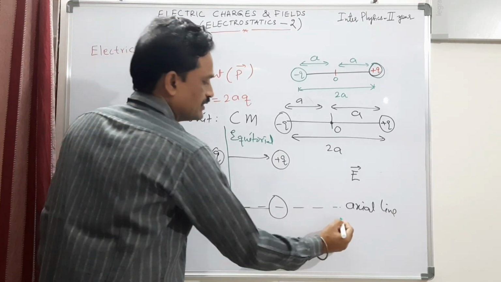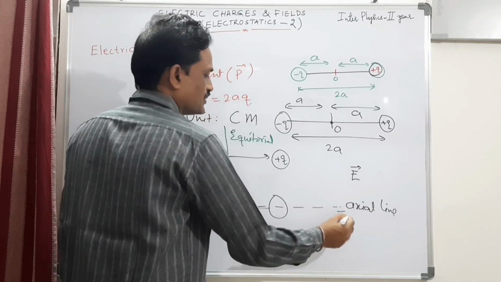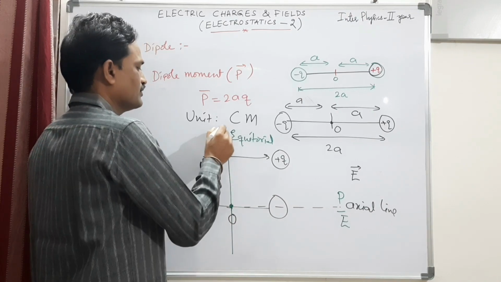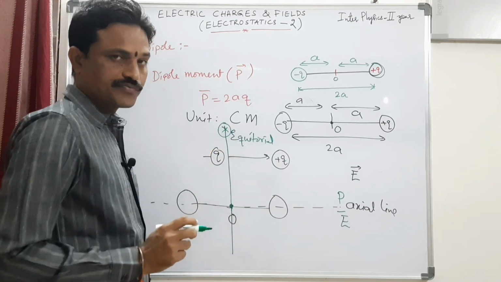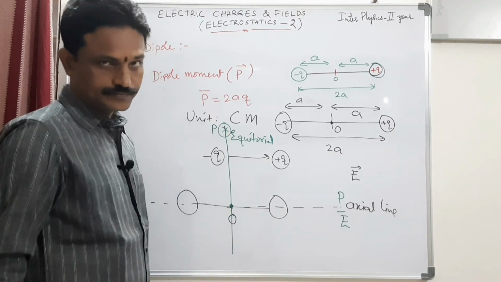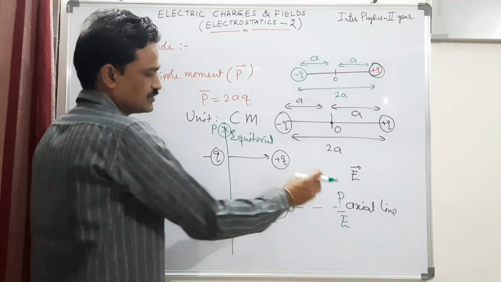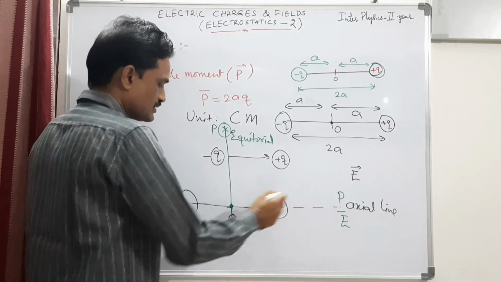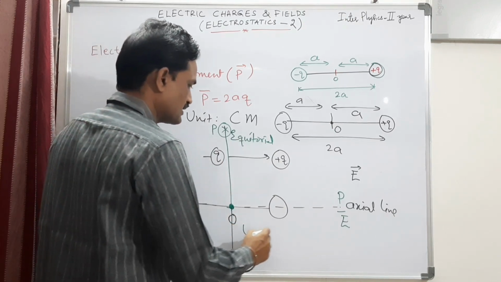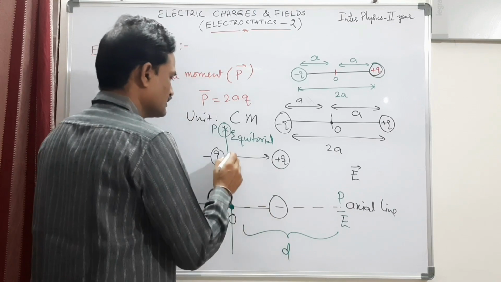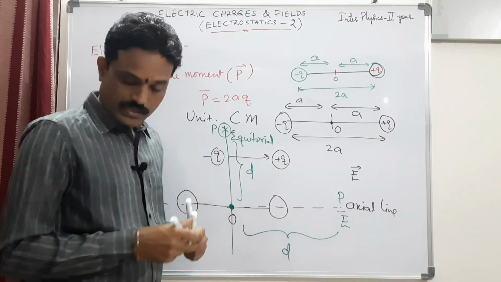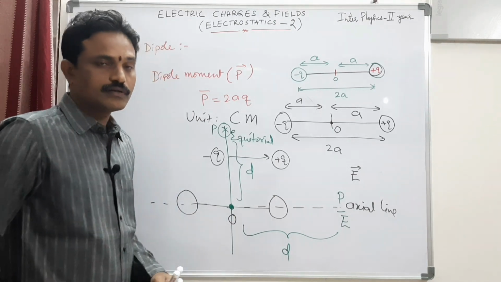We will find the intensity of electric field at an arbitrary point P on the axis of the electric dipole, and also the intensity of electric field at an arbitrary point P on the equatorial line. Whenever you consider a point P, you have to measure the distance from the center of the electric dipole. So distances are always measured from the center. These are the two important 4 marks questions we are going to derive.